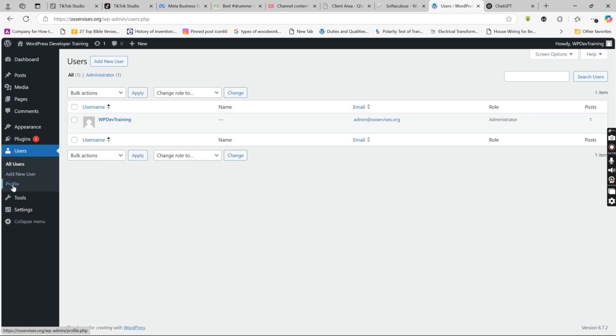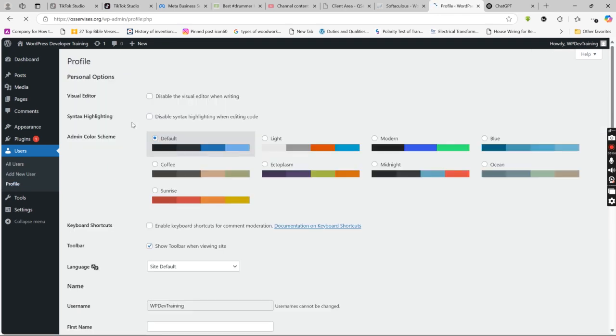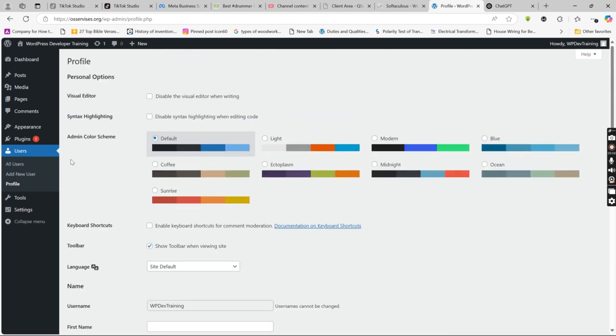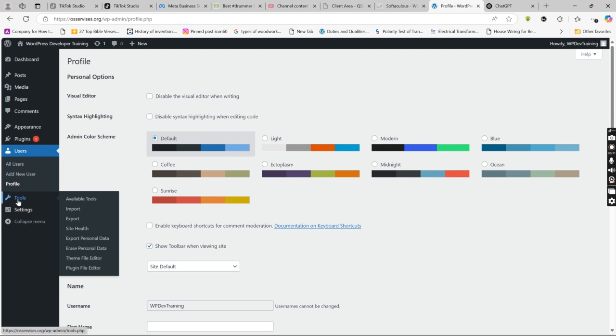And then profile. Click on profile. It will show you the profile of the present user. That's the admin itself. So you can see some explanation. We're talking about user, you understand more. Then here we have the tools. The tools is where we have the